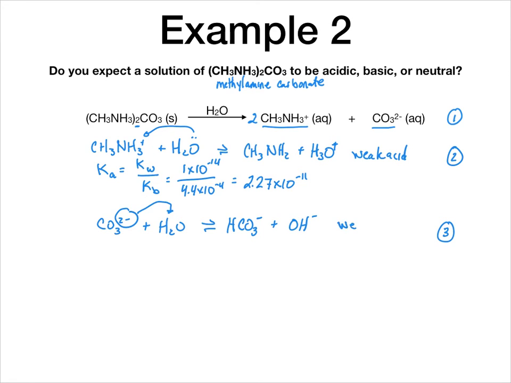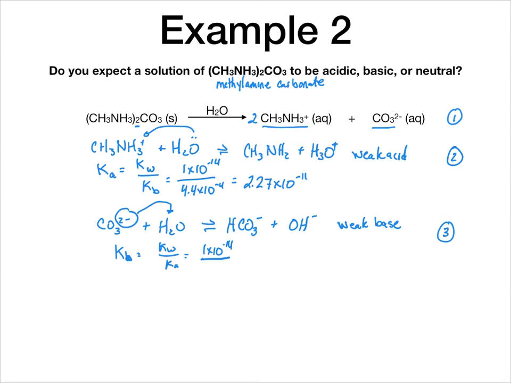This is a weak base, and the Kb is equal to Kw over Ka, which is 1 times 10 to the minus 14 divided by,